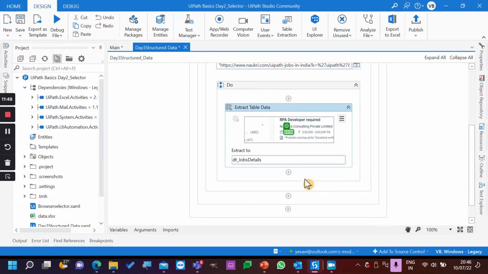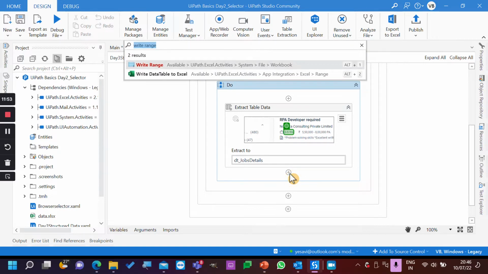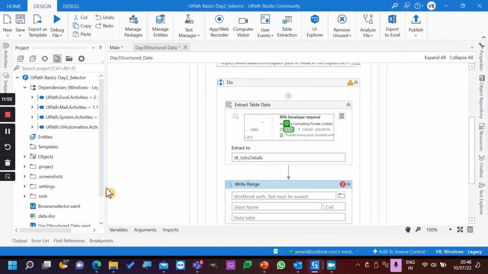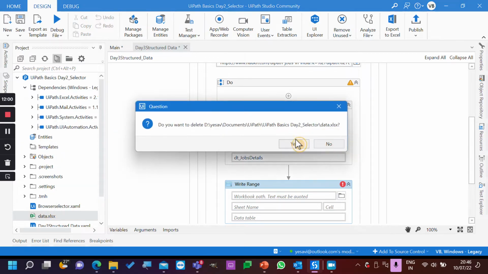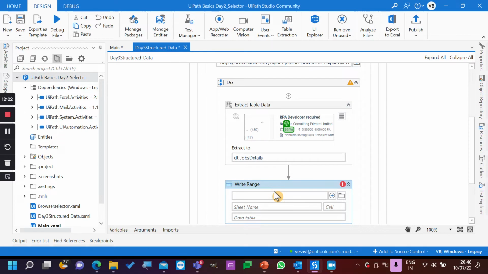Okay, now all I'll do is write it into an Excel. For that I'll just use this one, delete, yes. The workbook path can be today's date, but for now let's go with Naukri jobs dot xlsx, and the sheet name can be,